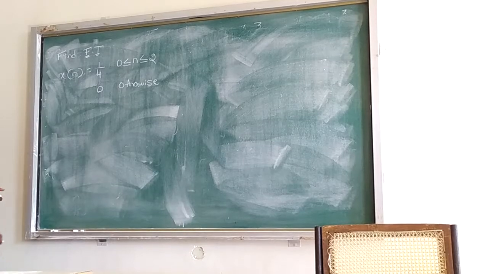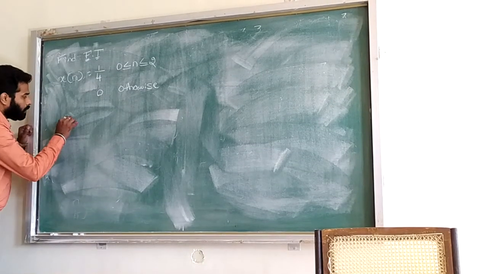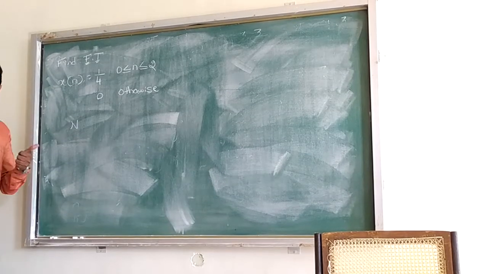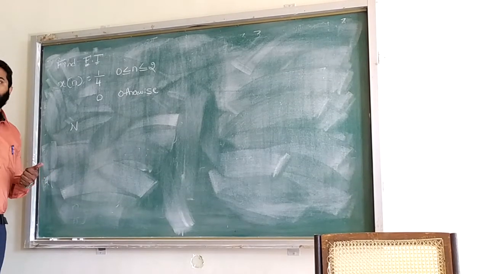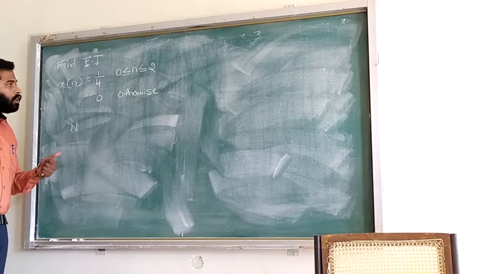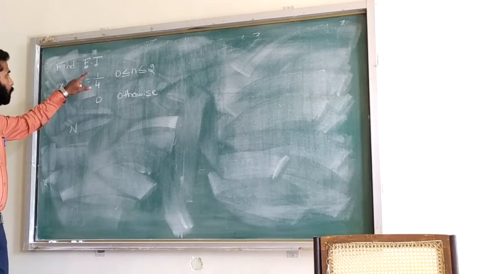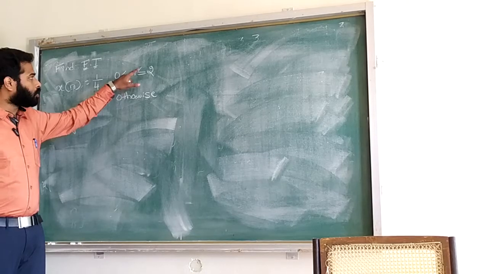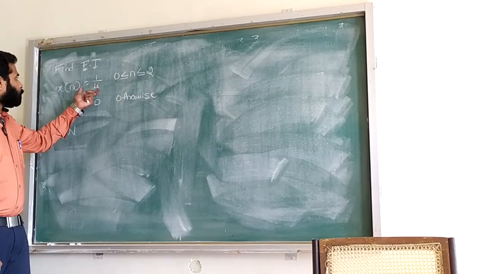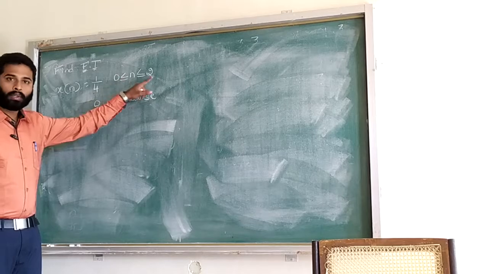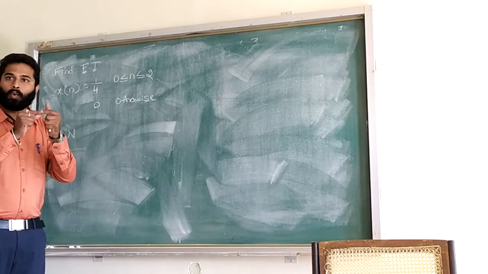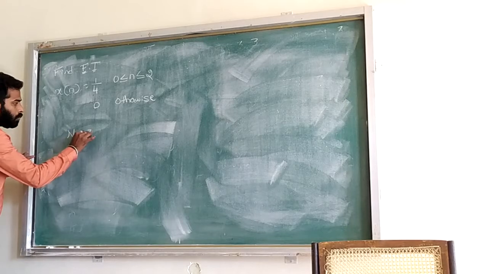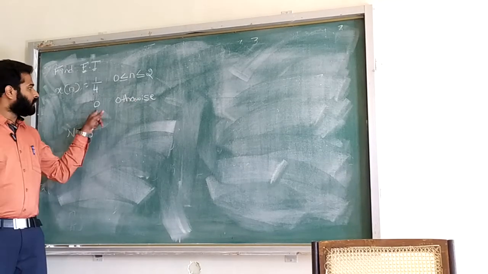Okay. So first we will think about capital N. What is capital N? Signal length, or you can say total number of variables in the given function. So you can see here x of n is equal to 1 by 4 for 0 less than or equal to n less than or equal to 2. Means this value exists only between 0 and 2. That means 0, 1 and 2. Totally 3 values. So N is equal to 3. Otherwise it is completely 0.